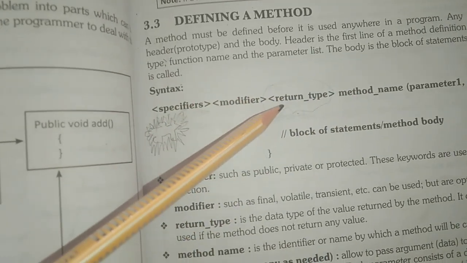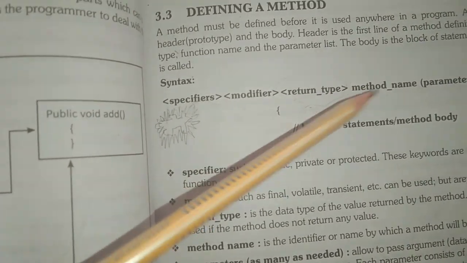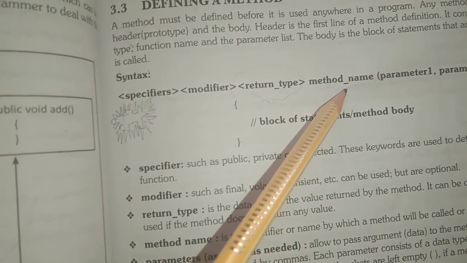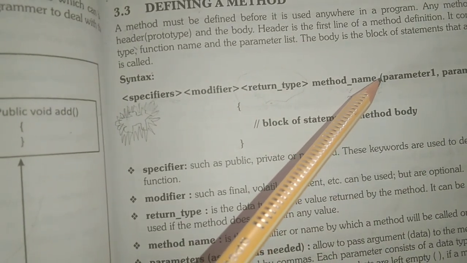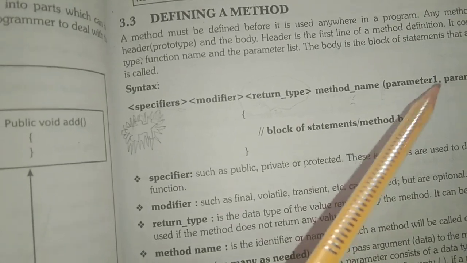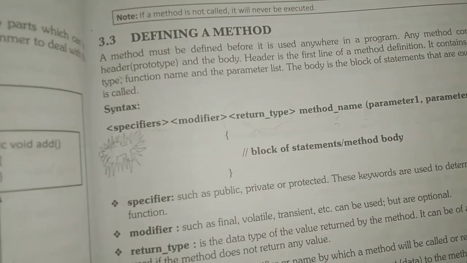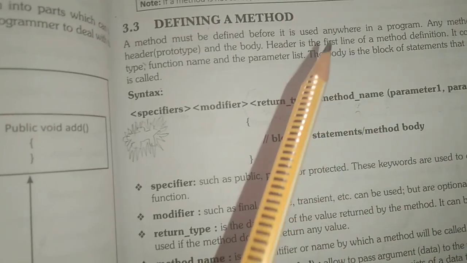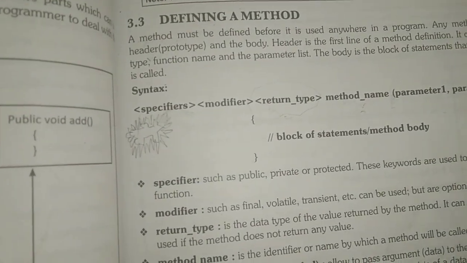If you write void here, void means nothing, that this method is not returning any specific type of data. And the method name you have to give as per your choice. Including the parenthesis, that is round brackets, we have to give parameters. Parameters here are formal parameters. It means that when this method is called, these parameters will be supplied to this method and it will execute the particular body of the method.